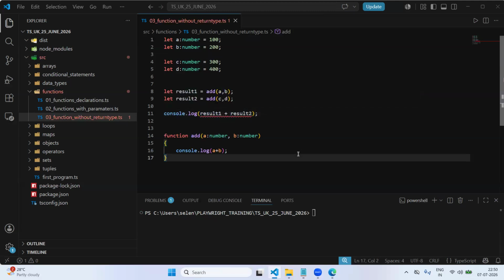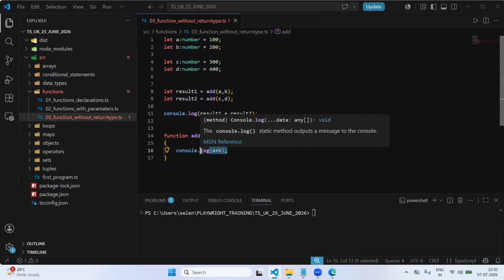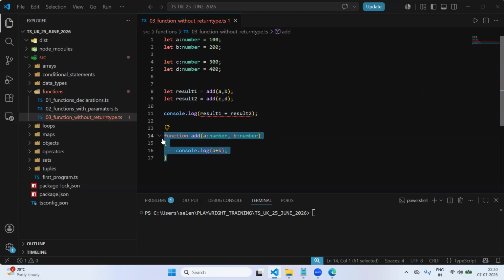Okay. So now, why is it giving void? Because as of now, I did not give any return type for this method. What is the meaning of return type? If you declare some return type, it will add these two numbers and it has to return that value. Returning the value means whatever the sum of the values that you get, I will return that value. So the value can be captured, it can be stored in some other variable. So as of now,